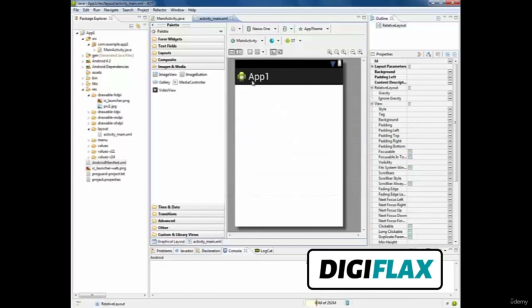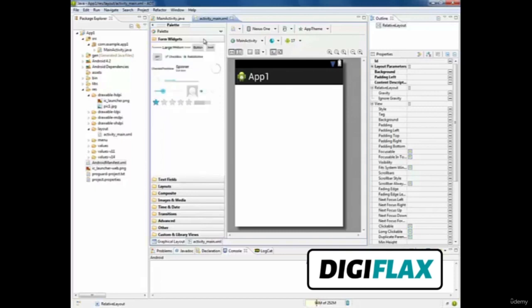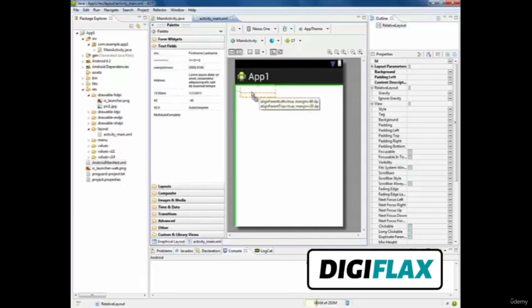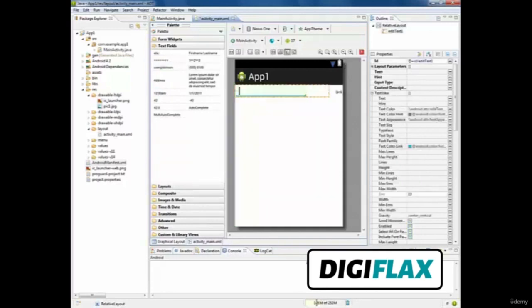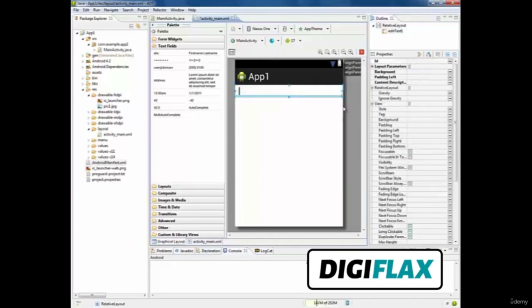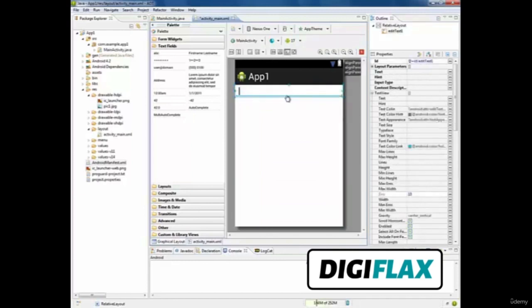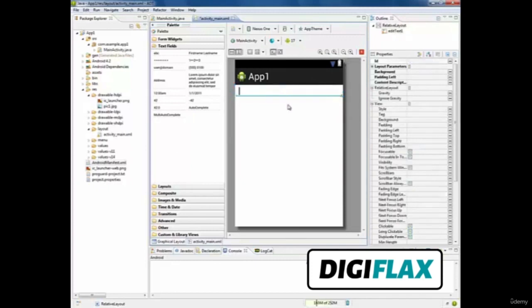For that, first we will need a text box. So let's add edit text from our text fields and let's resize it. So this is our edit text where we will write the text and then we will need a button,